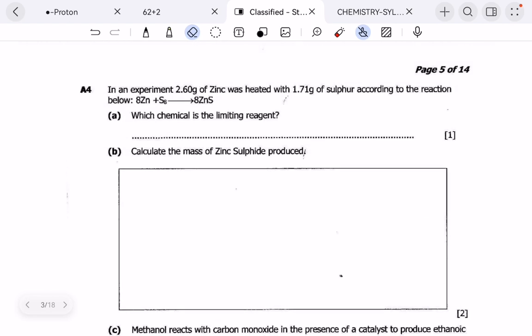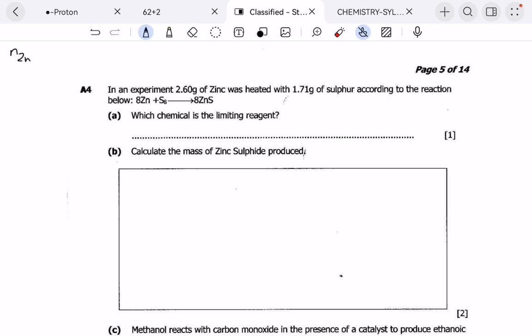So, the first question requires us to determine which chemical is a limiting reagent in the question given. When we look at the given reactants, we have zinc and we have sulfur. You can determine the limiting reagent by using the number of moles or by using the mass of the product. So we're going to use the number of moles in this case. So how do we go about it? You find the number of moles